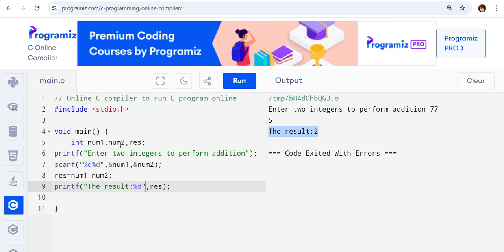Okay, I hope you understood. So what we have to do, we have to take up two variable declarations. Either you can just print the result directly in the printf function, or you can declare one more third variable. You can perform the arithmetic operations on two variables and store the result in some third variable and print that third variable. This is how you have to write code to perform the arithmetic operation between two variables.